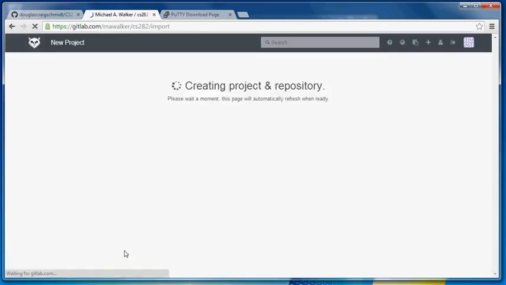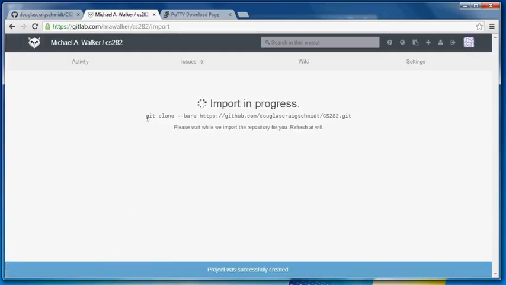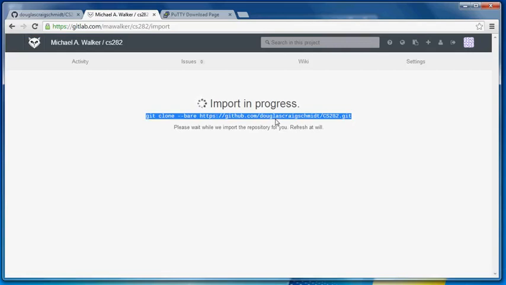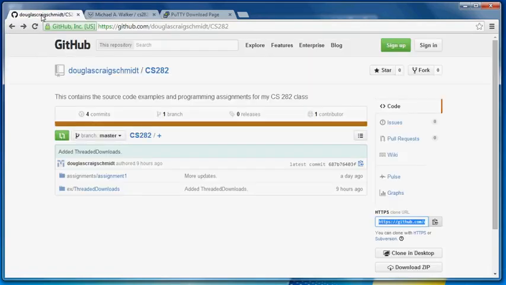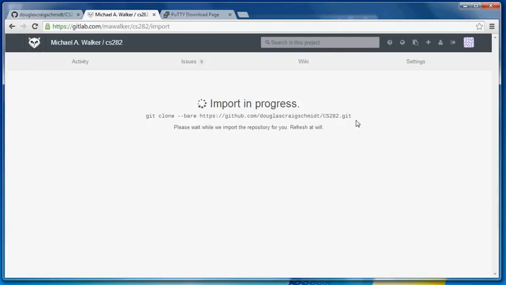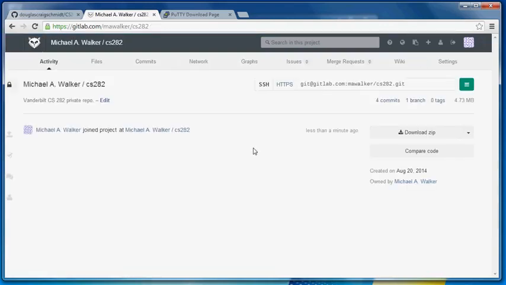Create project. What is currently happening is this command is being run on the remote server, and it is cloning the repository from GitHub to GitLab in your account as private, so therefore you can make changes to it at any point. And what we will do is you will see this command up here under SSH. Once you have this here, we will go back to Windows